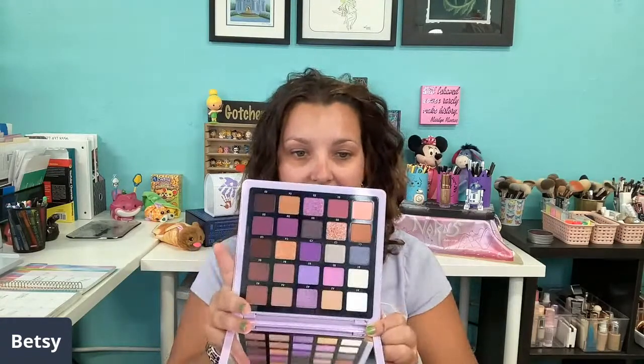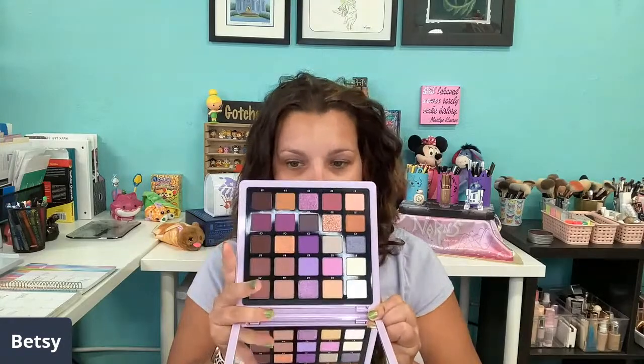We're going to be playing with the new ABH Norvina collection. This is the volume 5 palette. I am super excited to be playing with this because I have all the other Norvina palettes and I think the quality of them is great. And, you know, like I need any more purples in my life, but guess what? We got more purples. And we have lots of fun things coming up. So let's go